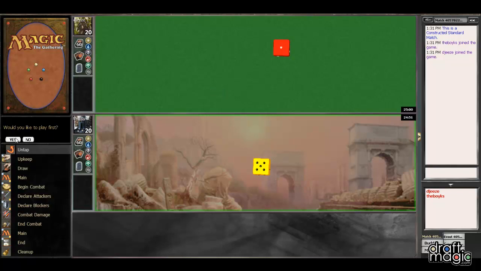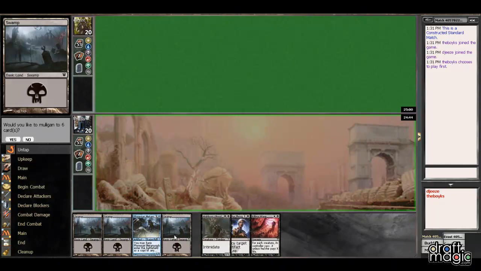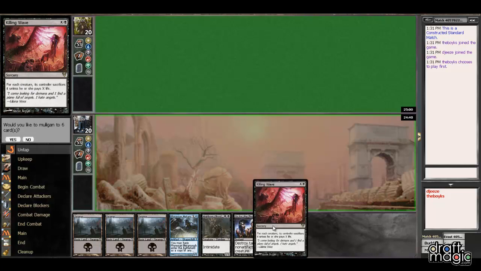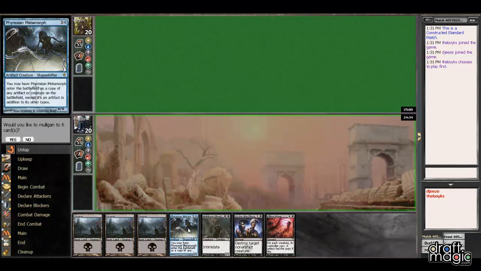Alright, so we're back for another game here. We won the die roll, and I think they're done mowing the lawn outside. This hand is interesting. Killing Wave doesn't look very good unless he's playing tokens. I guess I have a little bit of removal and a little bit of gas, so I'm going to keep,